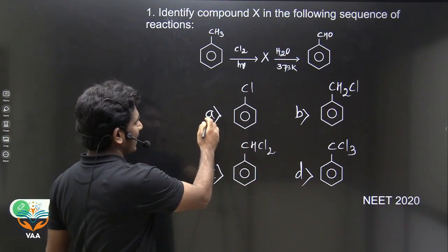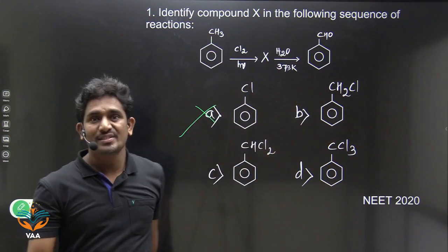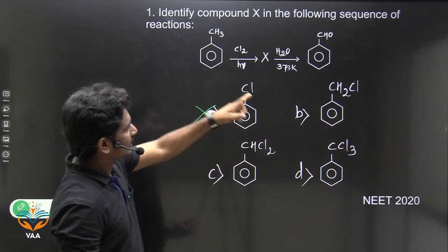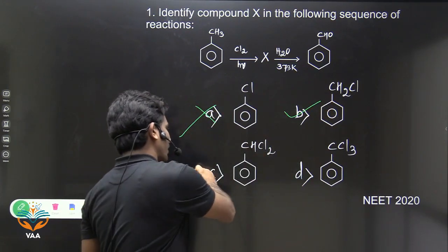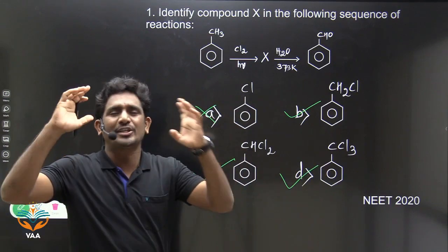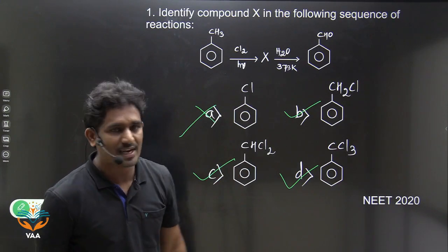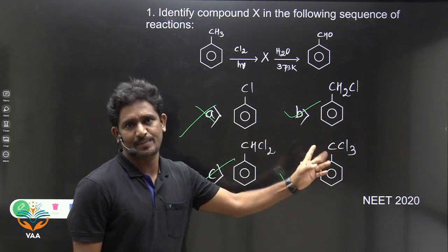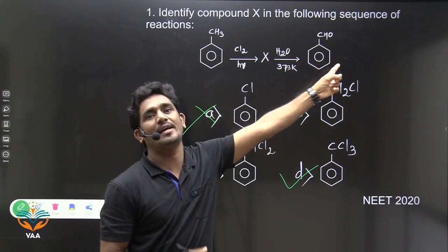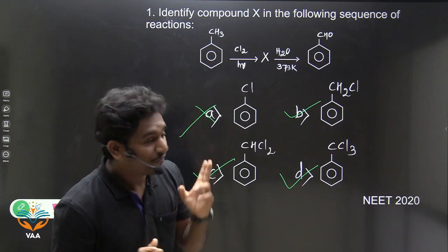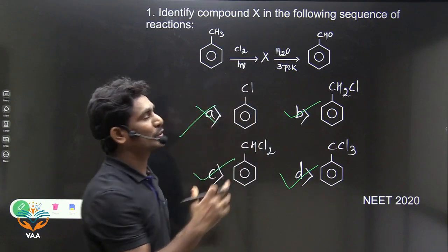But we cannot get this A. Here the CH3 cannot be replaced by Cl radicals. Okay, the remaining these three are possibilities. So it can form B, it can form C, it can form D. In this free radical substitution reaction, we will get the mixture of alkyl halides beta. Okay, so among these three, which one will give this product on hydrolysis? That is important. So which one will give?